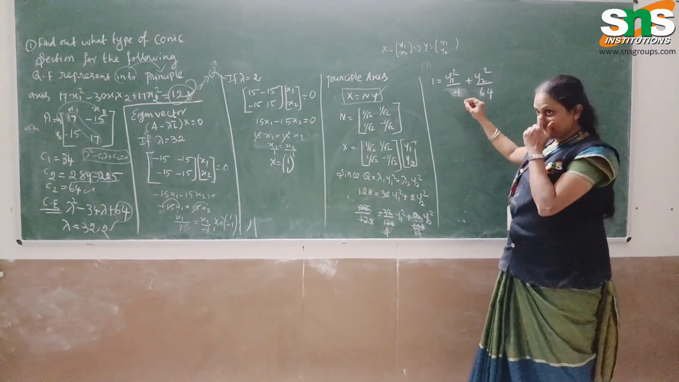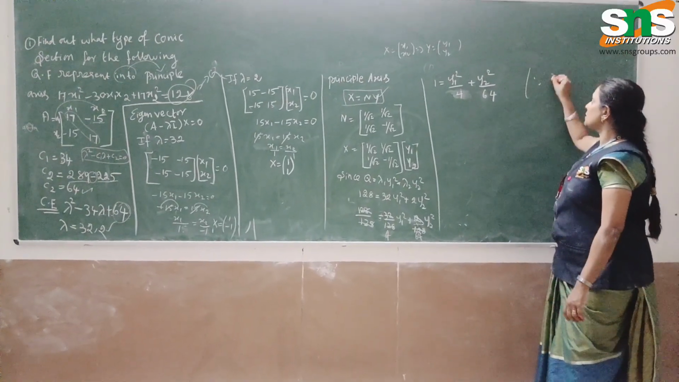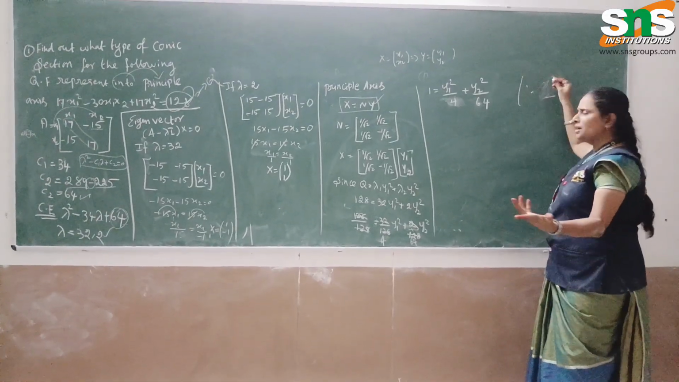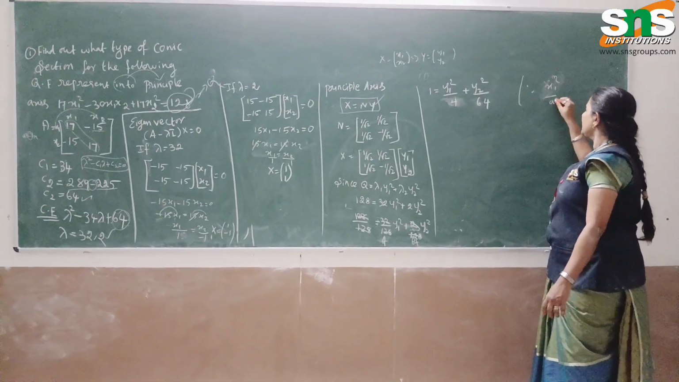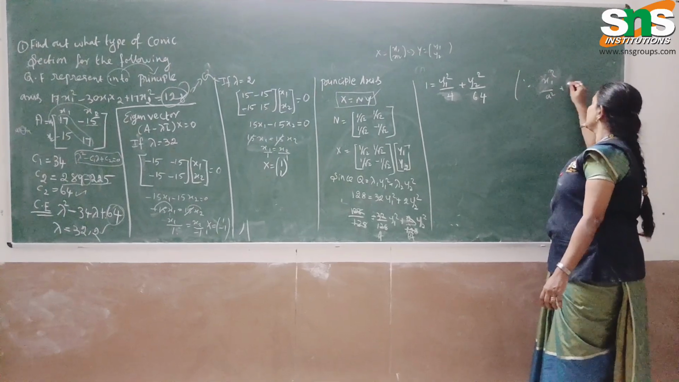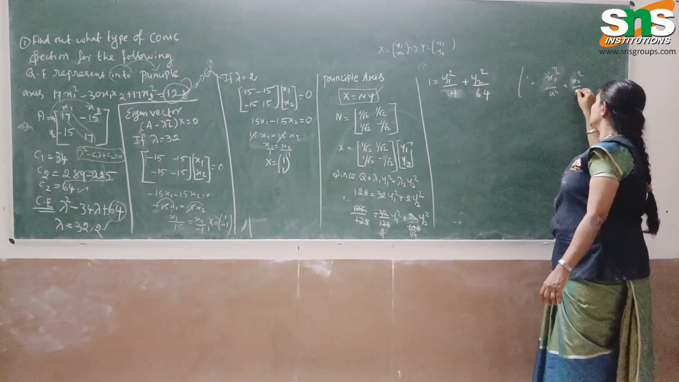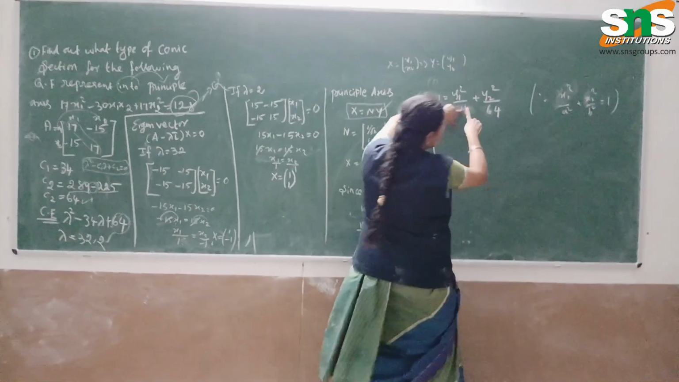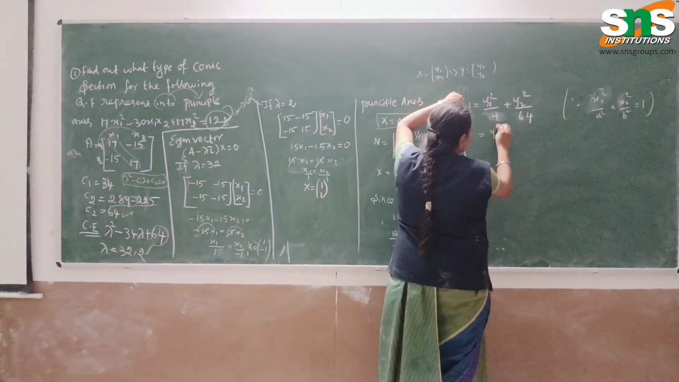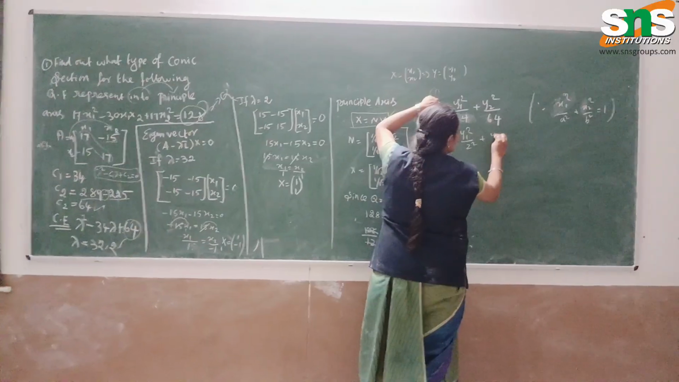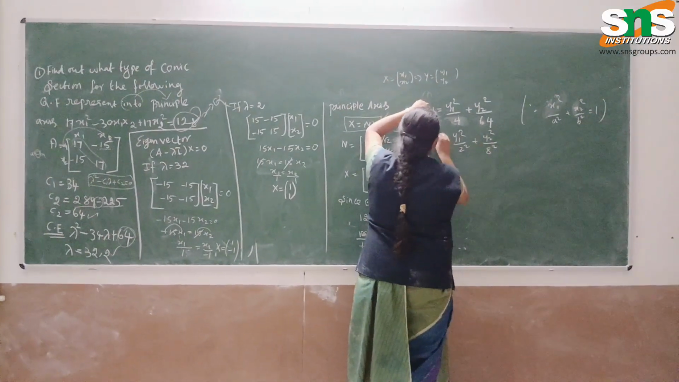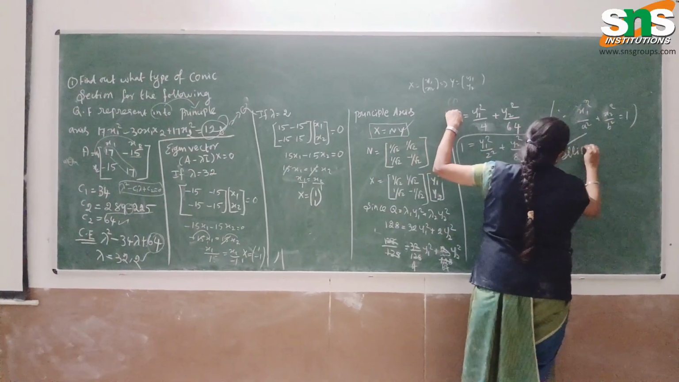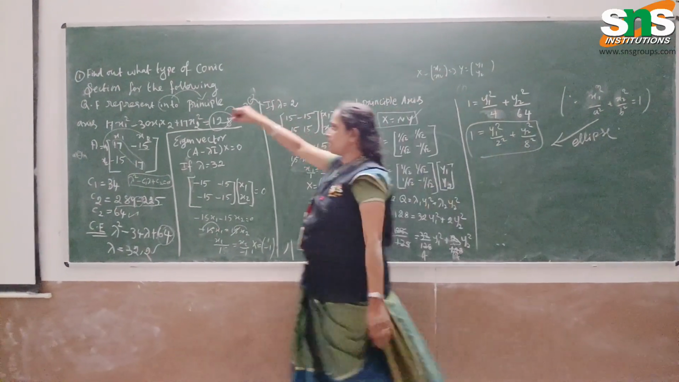So it is an ellipse. What is the ellipse equation? x1 square divided by a square plus x2 square divided by b square equal to 1. Here also we have to convert the denominators into squares. So y1 square divided by 2 square and y2 square divided by 8 square equal to 1. This is the ellipse equation. So in this quadratic equation, we are going